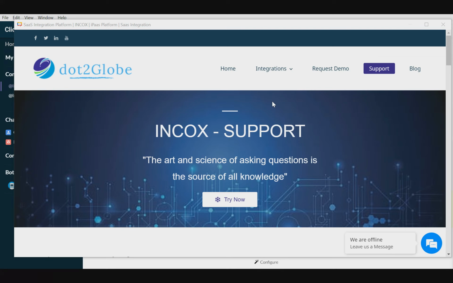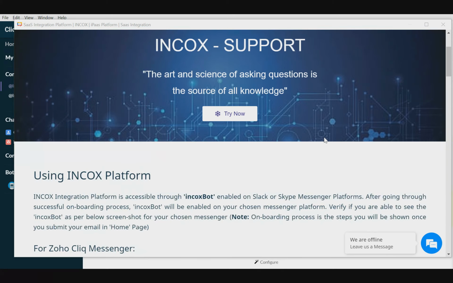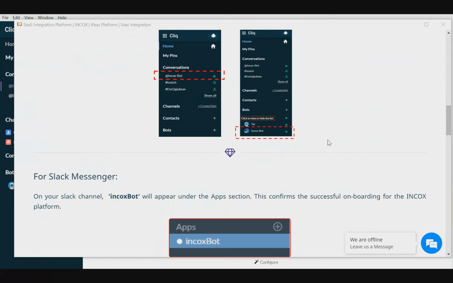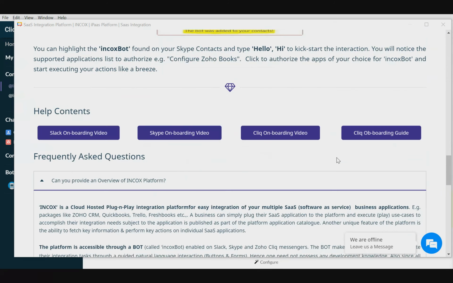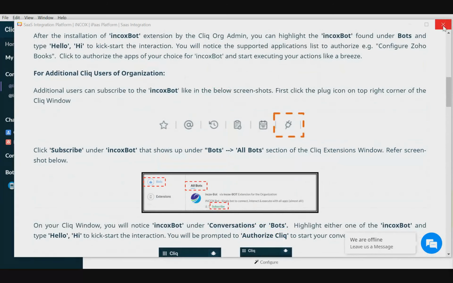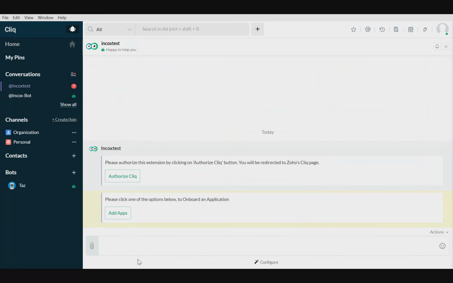Okay, it will get redirected to our website, and it connects back to the support page. In this page, you will find all the basic information, some FAQs, some user guides, and reference materials that you can come back and look at any time. I'm going to close this window for now, and once the authorization of Cliq has happened,